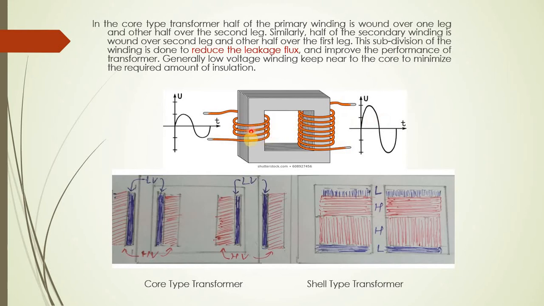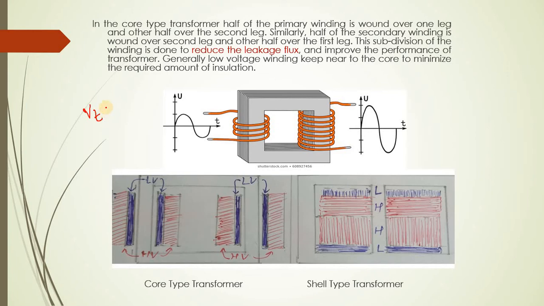If you want to step up the voltage, we need to increase the number of turns on the secondary winding. You can see here, this is the primary winding, with the voltage level shown here and these winding turns. If you see the voltage equation of the transformer, the voltage per turn will be the same whether it is a primary winding or a secondary winding. Voltage per turn is called VT.